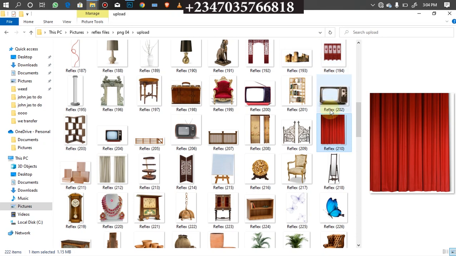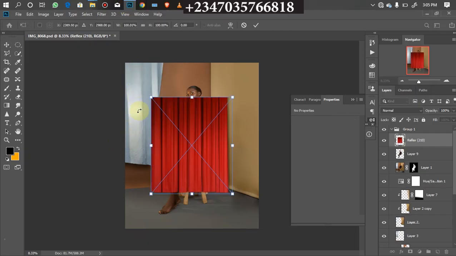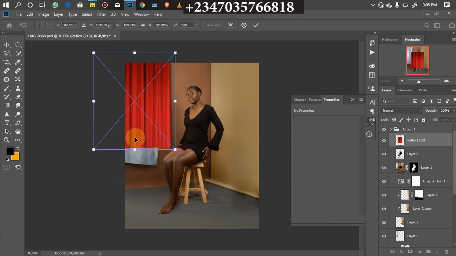So I'm going to click on the PNG file, then I'll drag it down to my Photoshop. I'm going to make it be at the top of this one to cover it completely, so you can see. Then I will drag it down